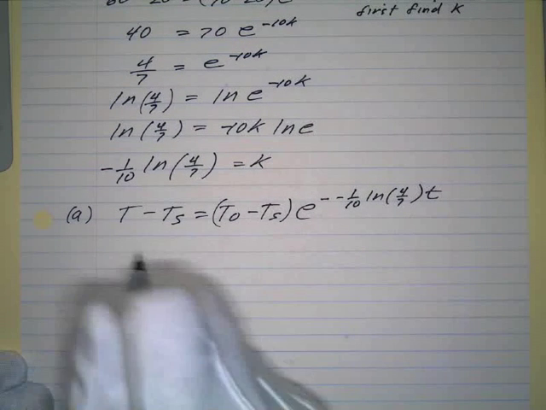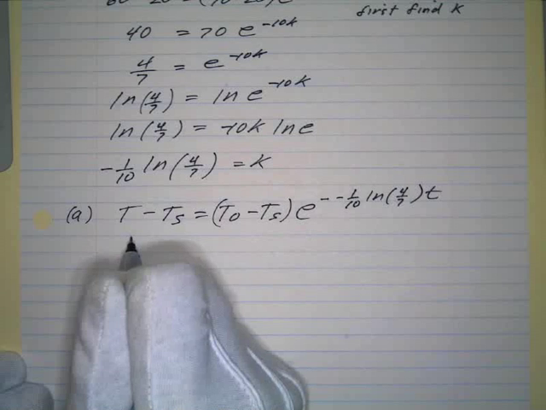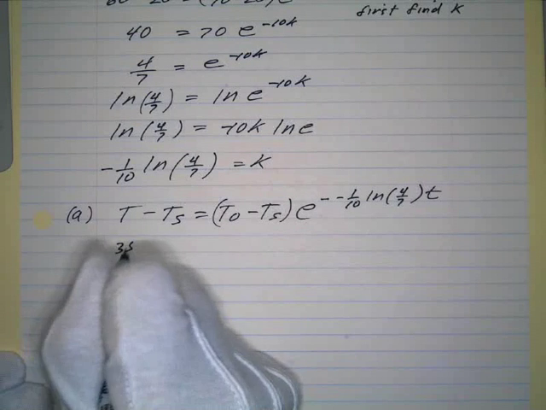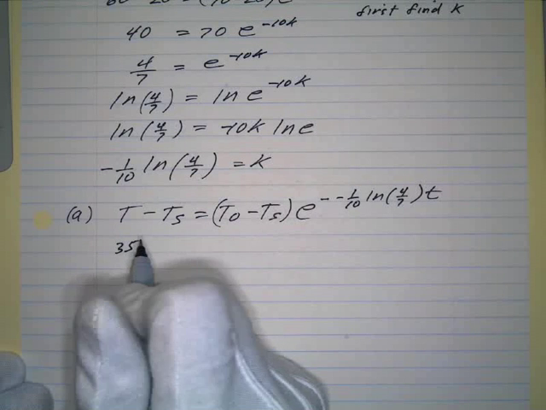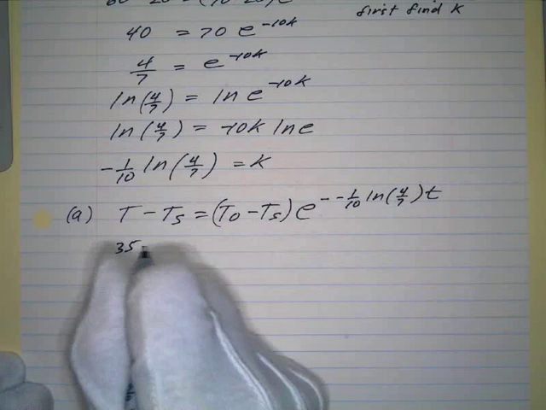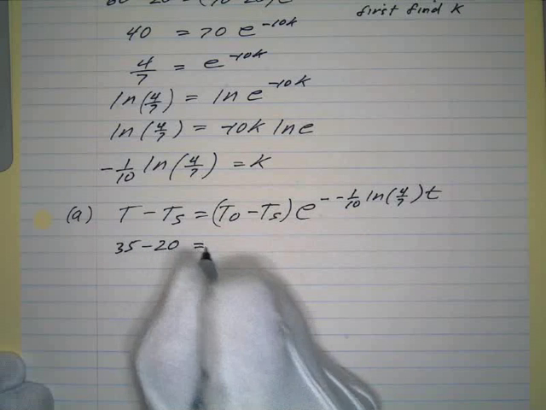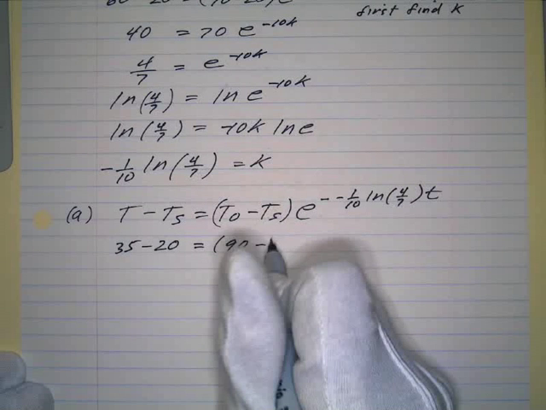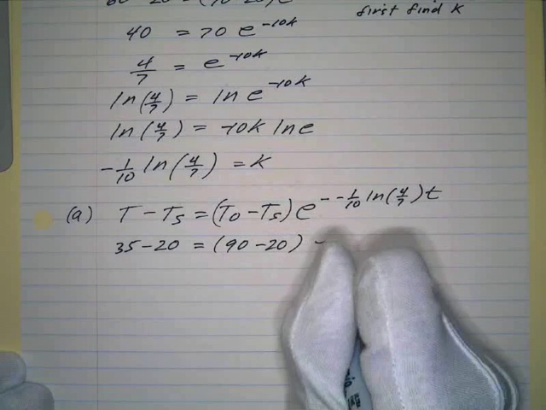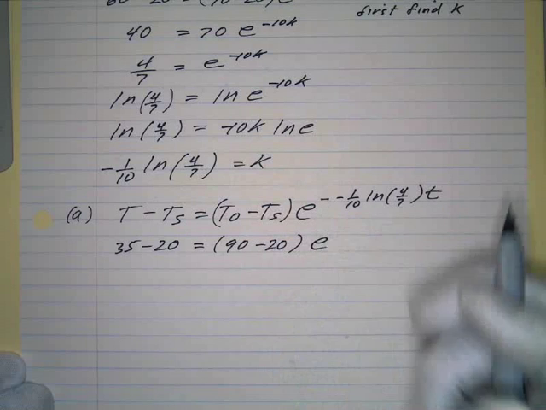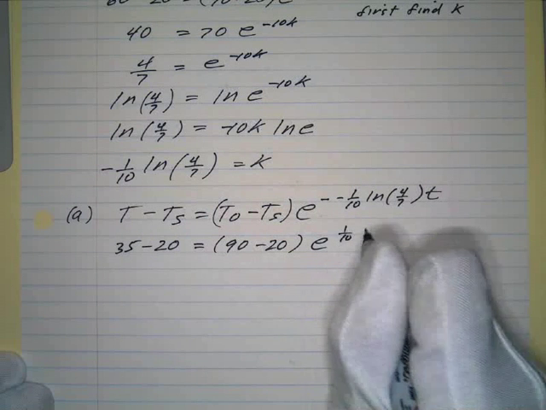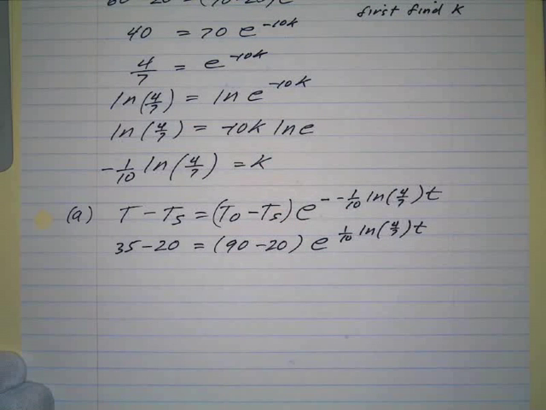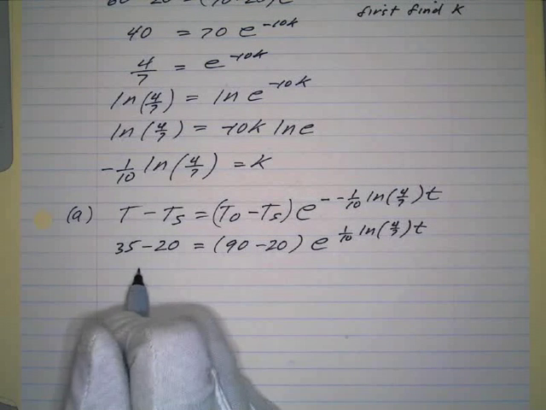And then we'll put our new data in. It's only one new number, and that's going to be 35. So we want to see how long it takes to cool down to 35. So 35 minus the surrounding temperature, which is still 20. The initial temperature is still 90, minus that 20 again. I can simplify this. A negative times a negative is a positive, so it's just going to be 1/10 the natural log of 4 over 7 T. And 35 minus 20